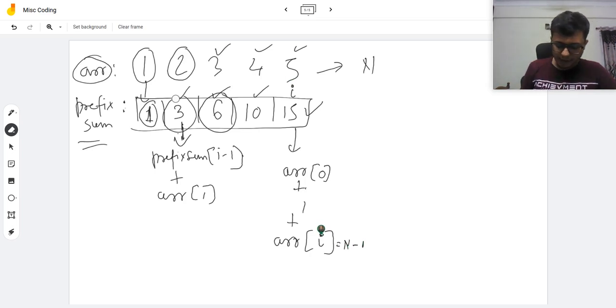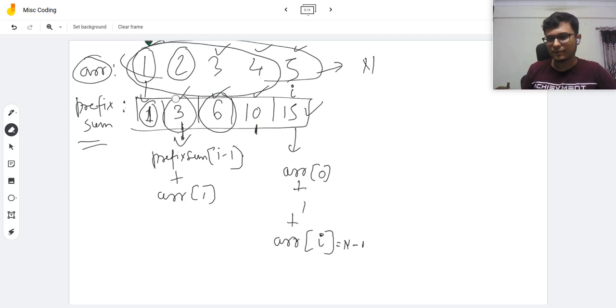So it is the sum of all the elements from 0 to 4, which is all of them actually. Similarly, prefix sum of 3, which is this element, is the sum of all the elements from ARR of 0 to ARR of 3, these set of elements. So 1 plus 2 plus 3 plus 4.